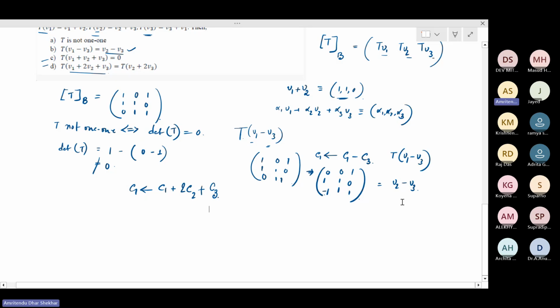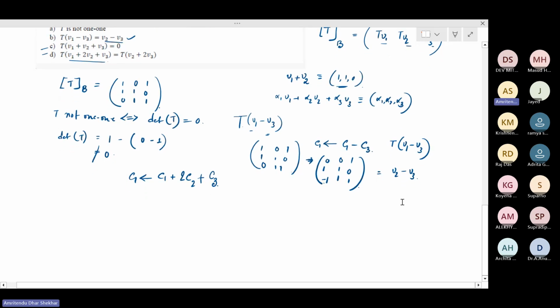Alternatively, what you can do is, if you want to, let's say, compute this thing,